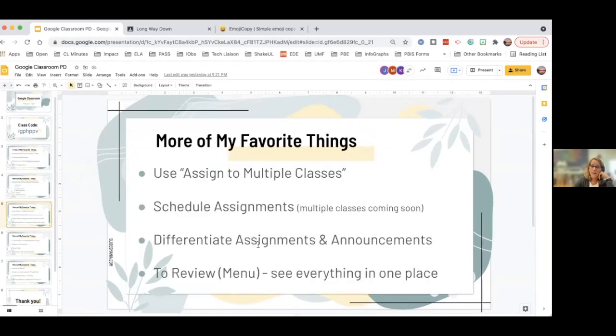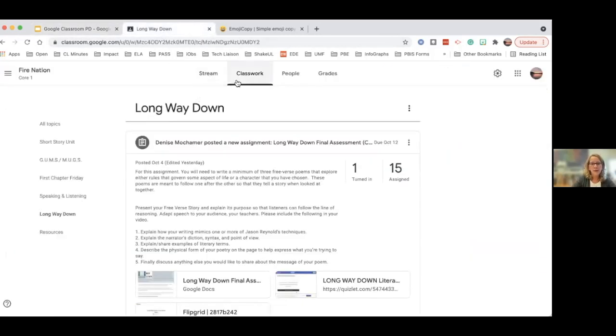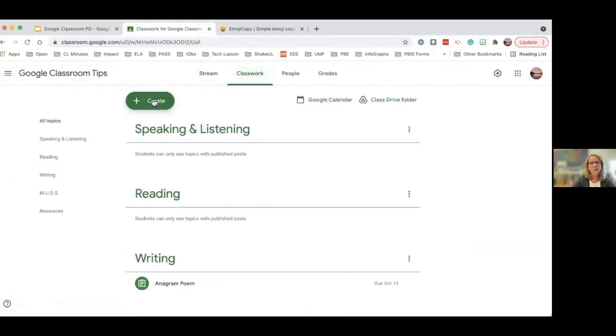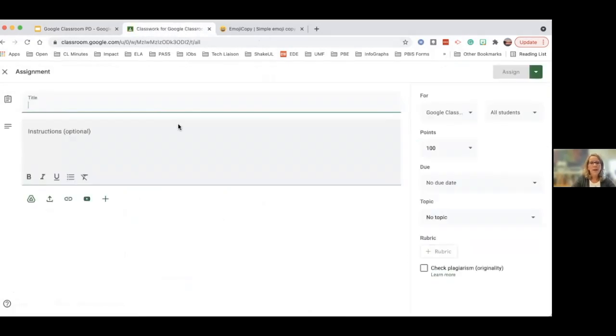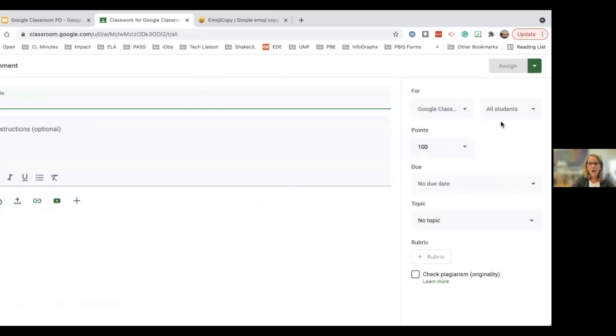Another really cool thing that Google Classroom allows you to do is to differentiate assignments or announcements. If you have students perhaps that need some accommodations, maybe you have some students that are home on quarantine right now, and they might need a little more information than the students in class because they're working on it on their own. You can go in, and when you create an assignment, so you would go to classwork, you would go to create an assignment, and then you can select over here on the right-hand side who's going to get